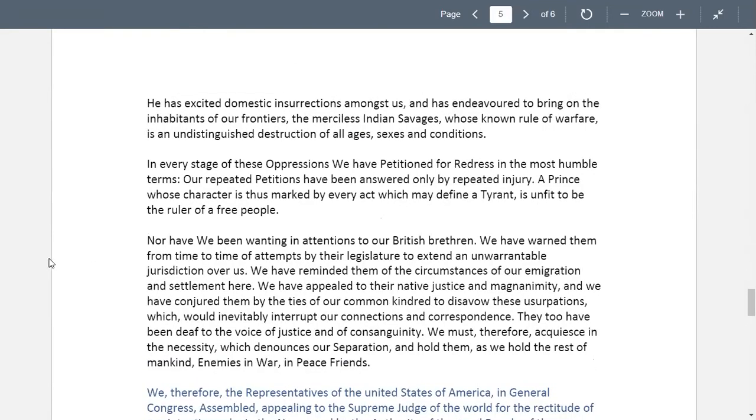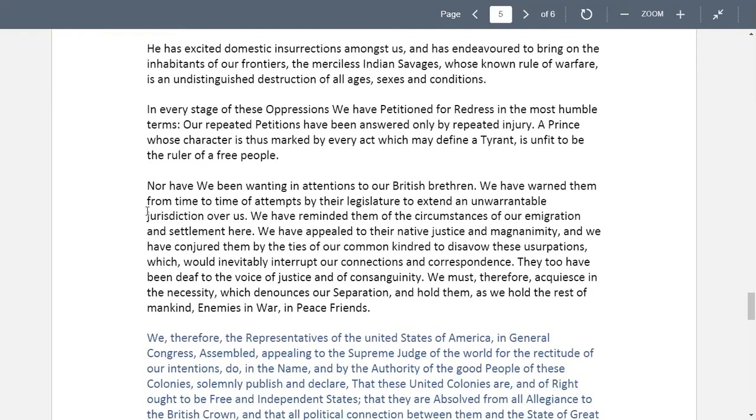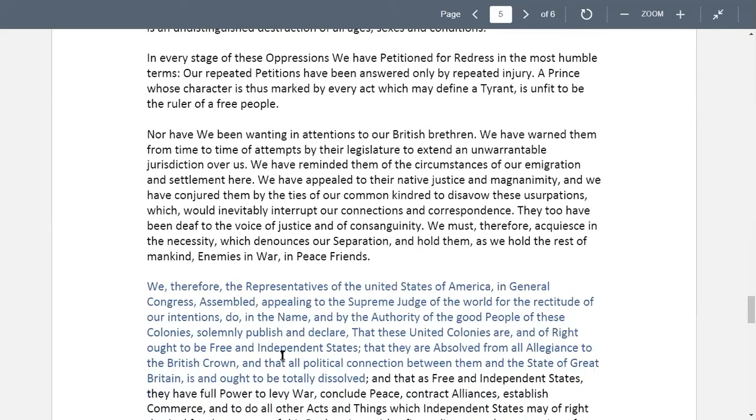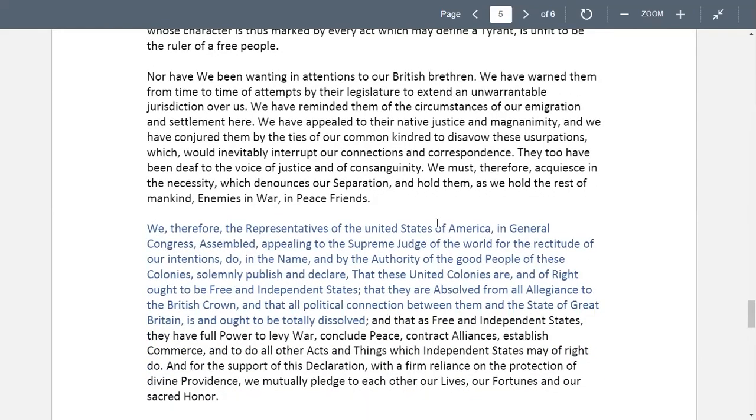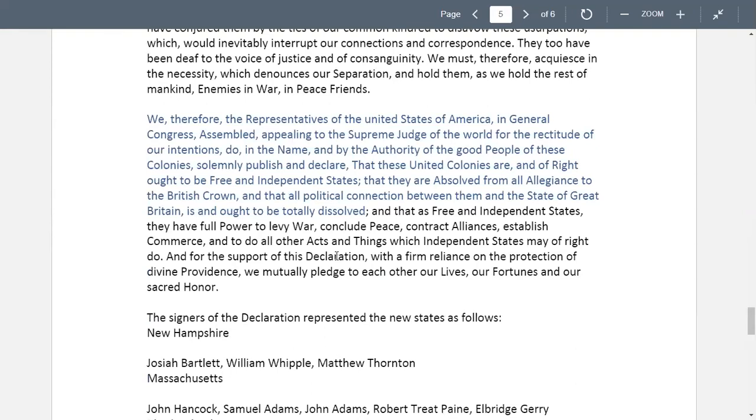And so then when we get down to the final part, here you are, you've been messing with us, you've been taking away our rights. Therefore, good word, right? That's the concluding word. We, the people of the United States of America, I don't know why it's not capitalized, declare that we are absolved from allegiance to the British Crown. We're going back to our premise. We have the right to, and ought to be dissolved because you're bad to us.